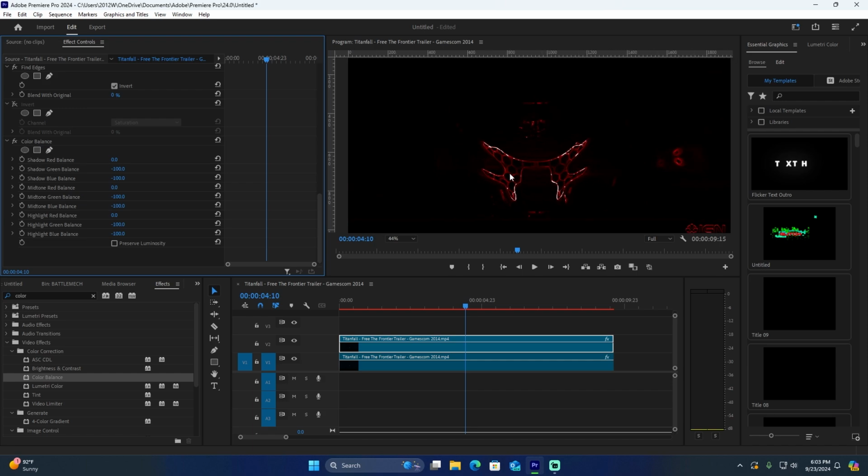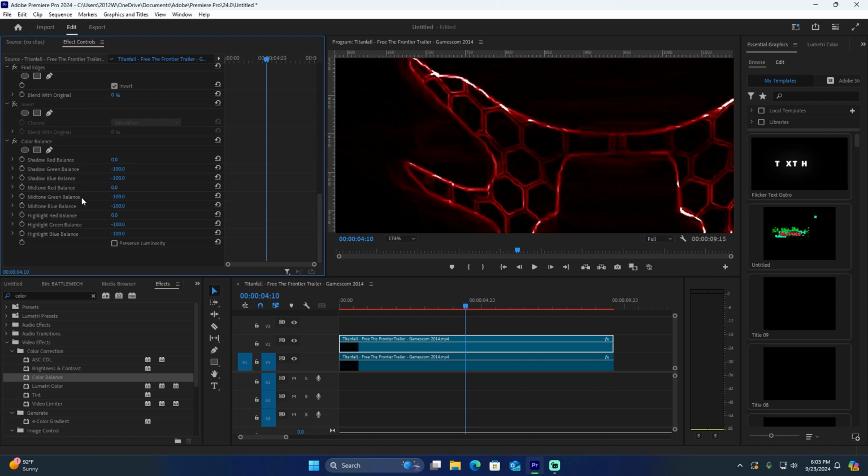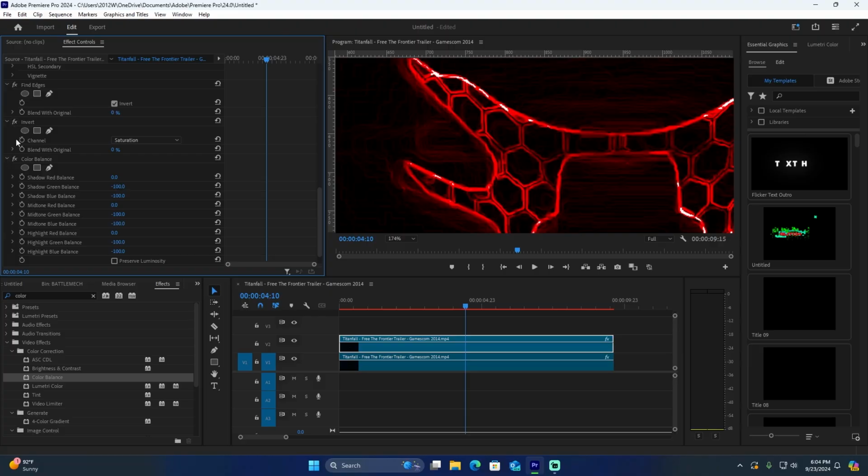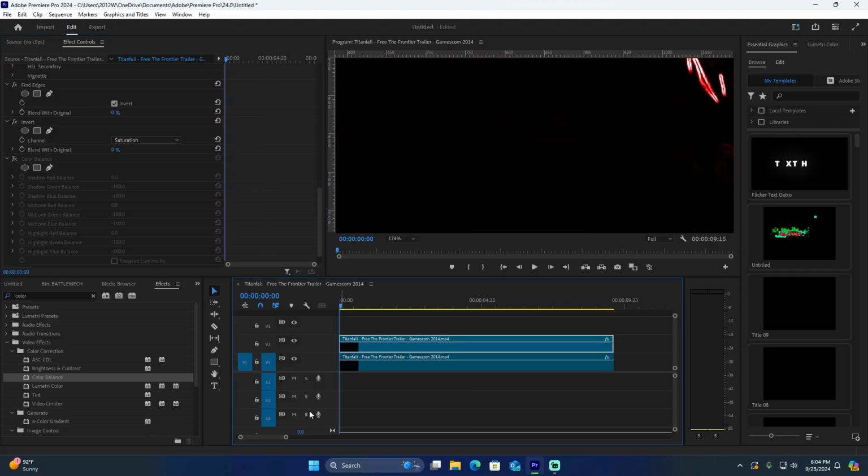However, for me, if you notice, it's a little bit darker of an effect, so I'll just do a comparison. So it's a little bit darker. Since I'm going for the brightness, we're going to keep using the invert tool. So once you have the invert tool over,